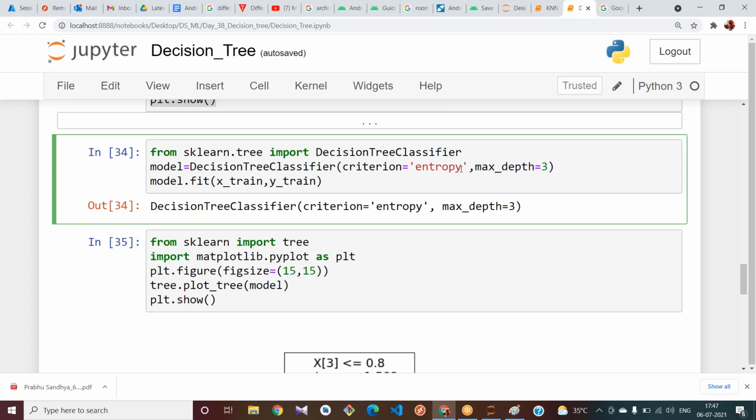If you want to classify a tree using entropy values, mention entropy here. If you want your tree to split with Gini index or Gini impurity values, provide Gini. That's it. In the background, it takes different formulas for entropy and Gini.